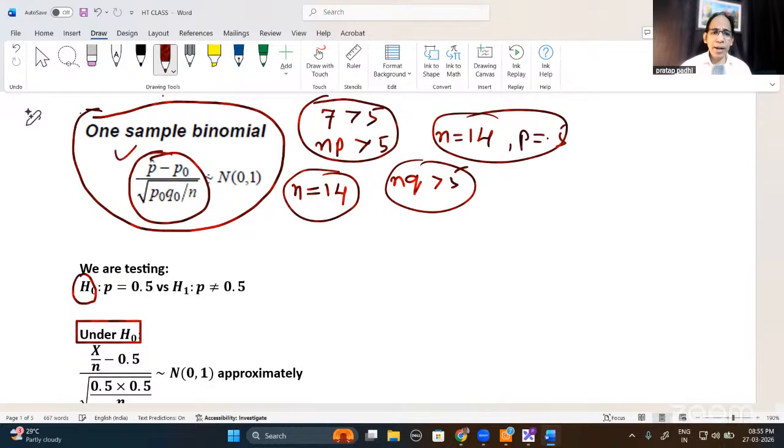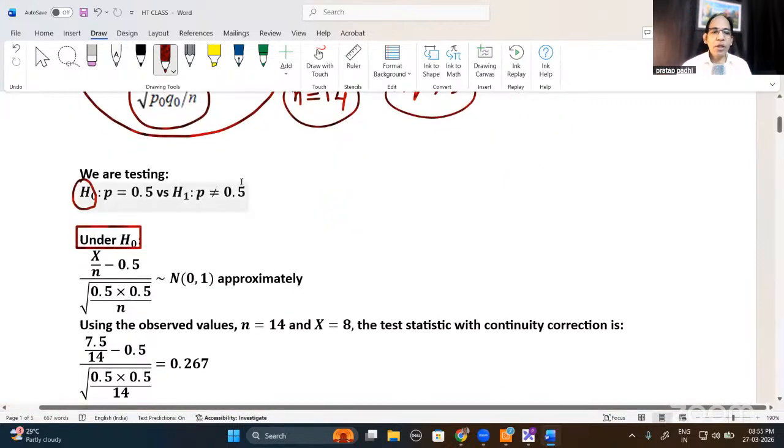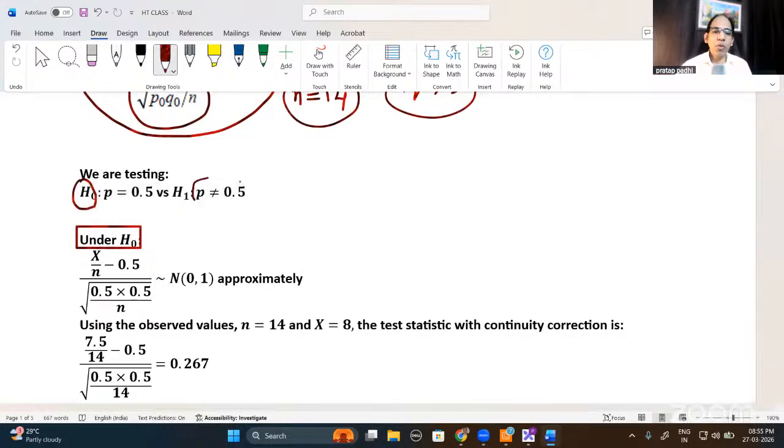Otherwise, you can do it directly as well. You must have studied in confidence intervals how you can do it directly without using the central limit theorem. Whenever you are testing a hypothesis, you must know the test statistic distribution. If you are finding a confidence interval, you must know the pivotal quantity. That is the difference. So now here, this is what we are checking, equal to, not equal to, and under H naught, you find the value of this. Whatever I've written here, the same thing I've written here.